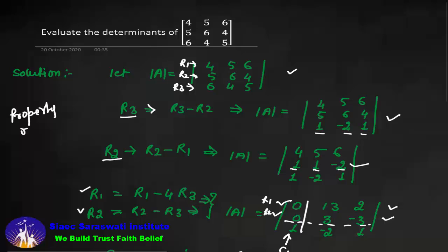Okay, so property of invariance का हमने यहाँ पे इस्तेमाल किया है and that is the property number 7. Okay, so property number 7, P7 का हमने इस्तेमाल किया है. Okay, so उम्मीद करता हूँ कि प्रॉपर्टी का इस्तेमाल हम कैसे करेंगे। यहाँ हमने प्रॉपर्टी को रो वाइज अप्लाई किया है, ऐसे ही आप कॉलम वाइज भी अप्लाई कर सकते हैं।